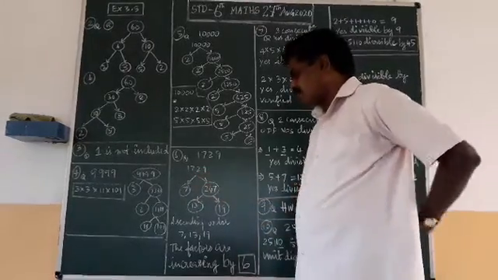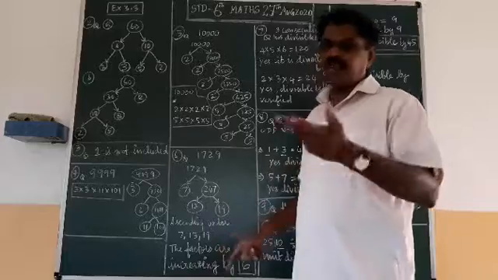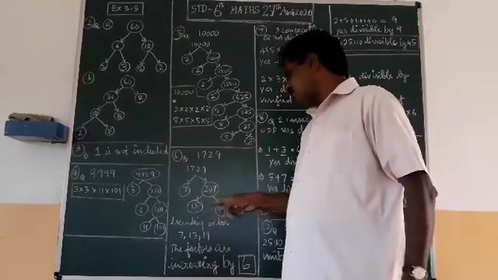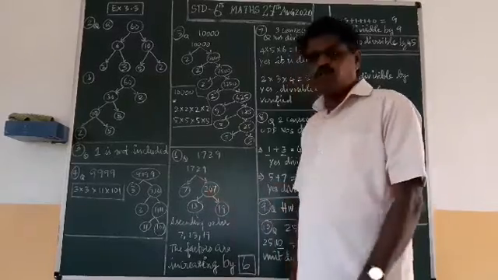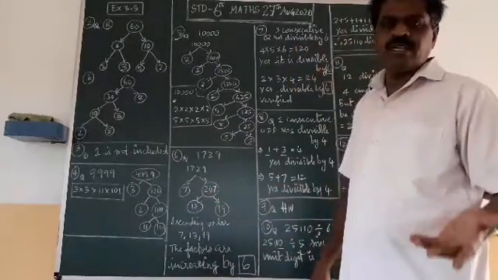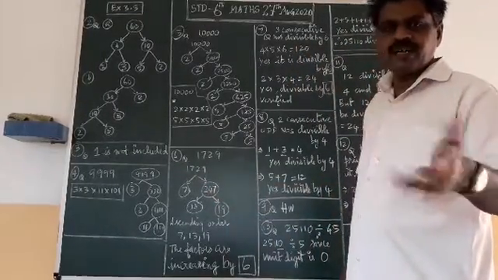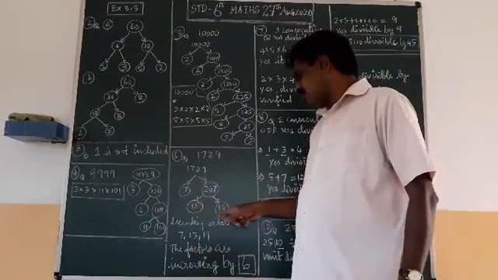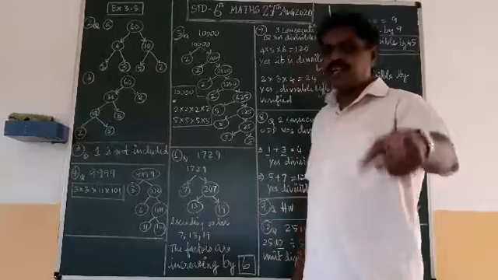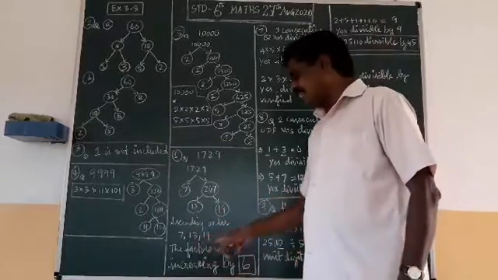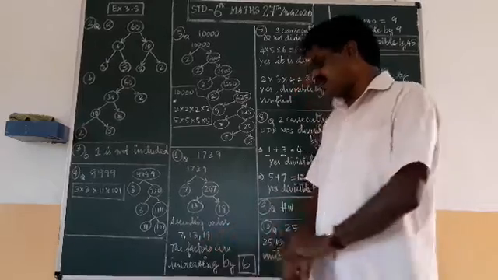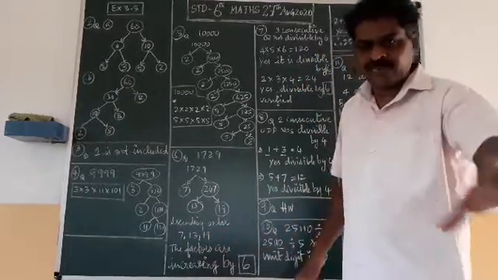7 into 247 you will get 1729. Once again, this number cannot be factorized by any number except 13. So 13 into 19 times you will get 247. Then 19 is an odd number and a prime number, we cannot factorize further. So what is that? 7, 13, 19. They are asking to write in ascending order, so in increasing order, smaller to greater: 7, 13, 19. In ascending order we have written your factors.